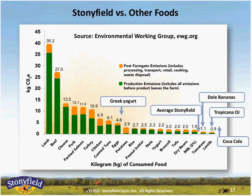A footprint is really only as good as what it's measuring, as impacts basically. So I pulled this from an Environmental Working Group report just to give you an idea of where yogurt is compared to other food products. Obviously, I can't speak to the accuracy of this particular report, but I think it's useful just in terms of ballpark. So, the untitled product down there is somewhere between